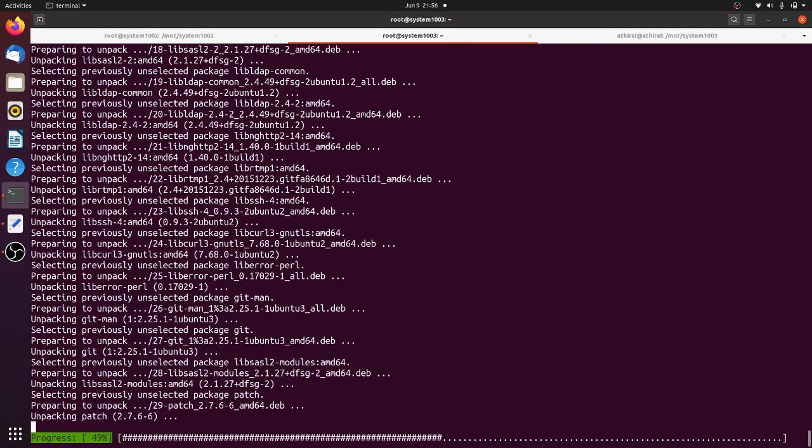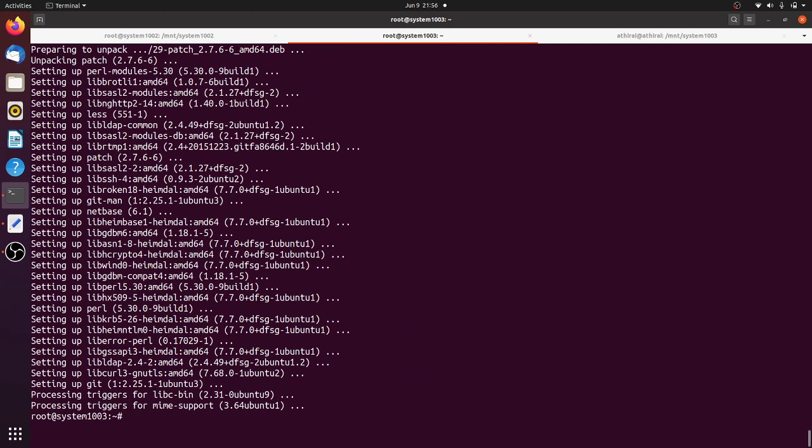Mostly in most of the companies they won't give root access to the developers because they don't know how to use it and they will uninstall something in the machine. But with this Docker you can give root user permission to anyone, so they can play with it. They have the freedom to install anything. They can even destroy this machine. They can uninstall something.